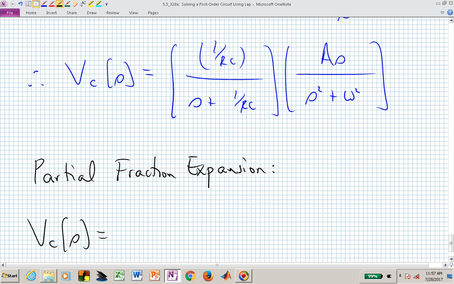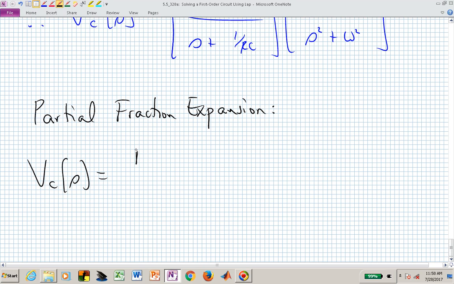That means that I'm going to have a sinusoidal response in the steady state, a cosine and a sine probably, and I'm going to have a factor in my partial fraction expansion associated with the real denominator factor, s plus 1 over RC. So that I now could say that I have an A1 over s plus 1 over RC